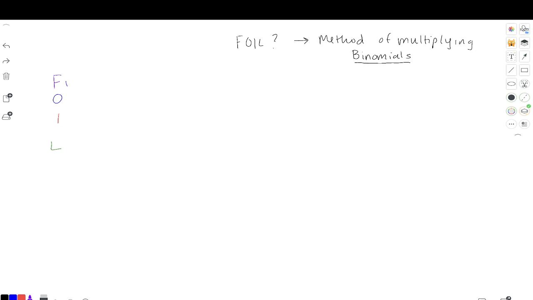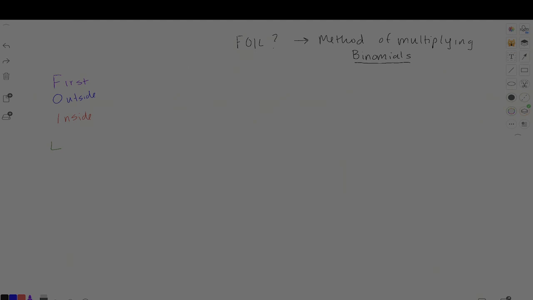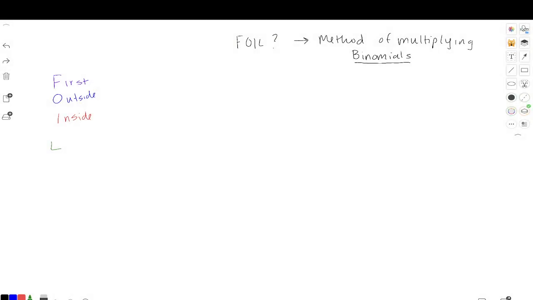We've got our first, we have outside, we have inside, and last. Okay, so what we do with this now, if we get ourselves two binomials, let's say x plus 2